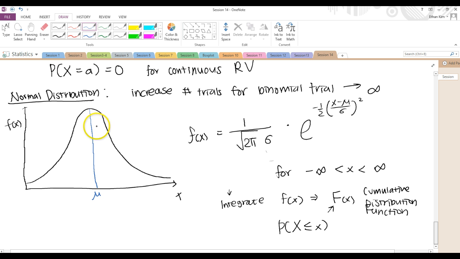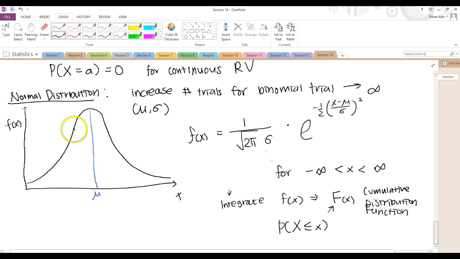And again, the parameters for the normal distribution are mu and sigma, so the mean and the variance, or the standard deviation in this case. So the nice thing about this normal distribution is that if you go,